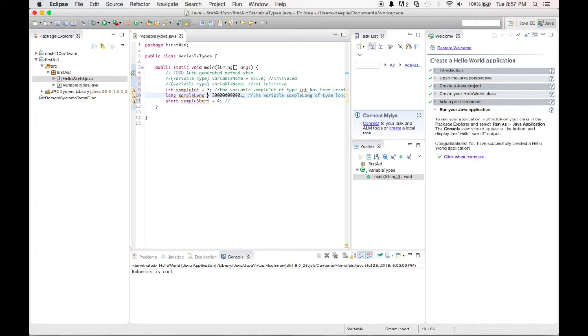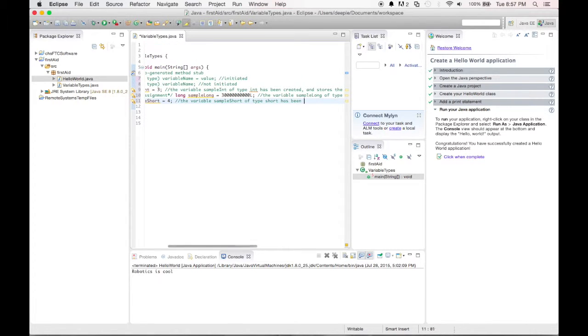So what I'll be doing is, for your convenience, writing special assignment next to the ones that require a special assignment. For example, here you have to add the capital L to the end of the value to signify that it is a long variable. Otherwise, it will return an error like it did before. Here we have the variable sample short of type short has been created